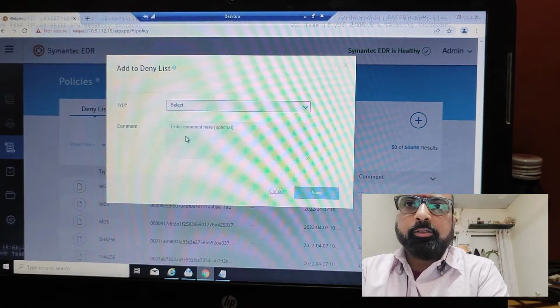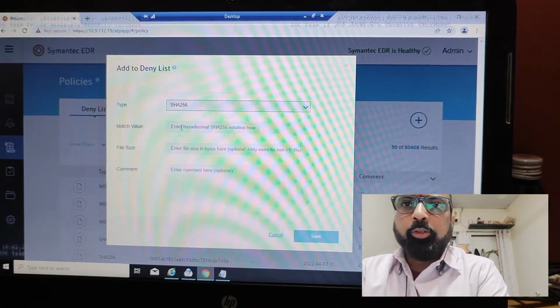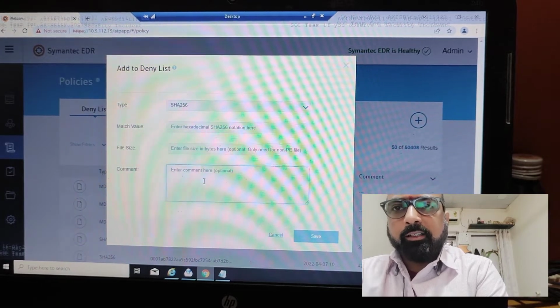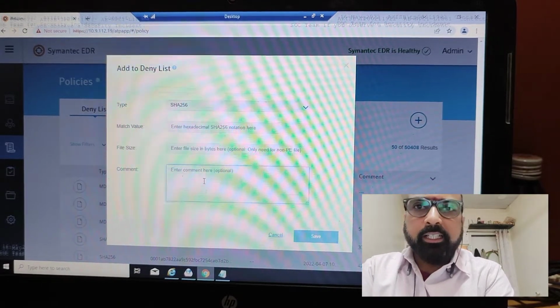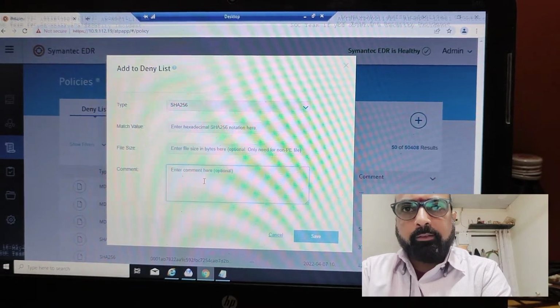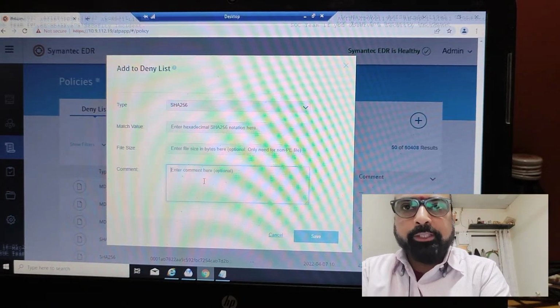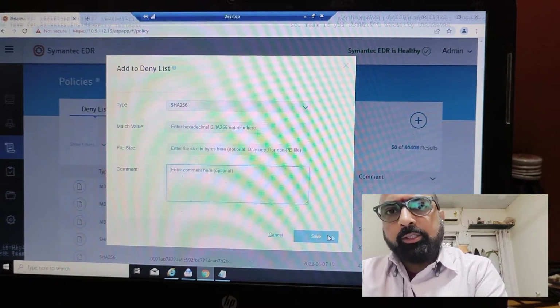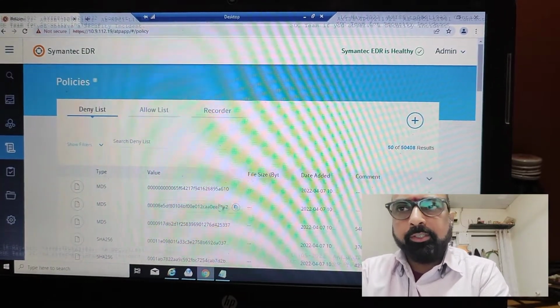If it is SHA-256, put the match values, and you can comment related to the tickets and related to the requested users. You can put it here and save this. It automatically saves in your configuration.